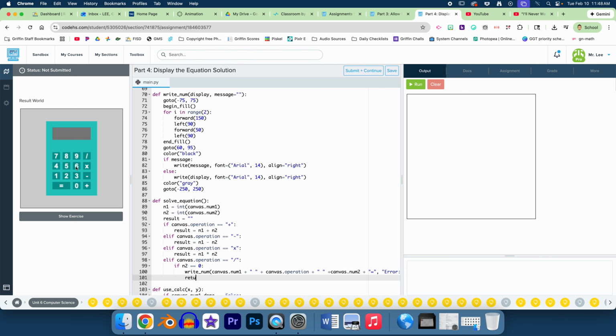We're going to do return. Then we're going to do result equals n1 slash n2